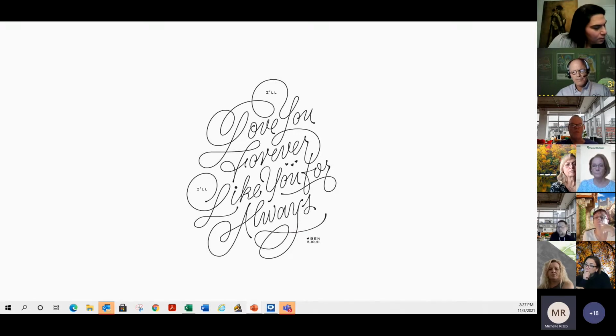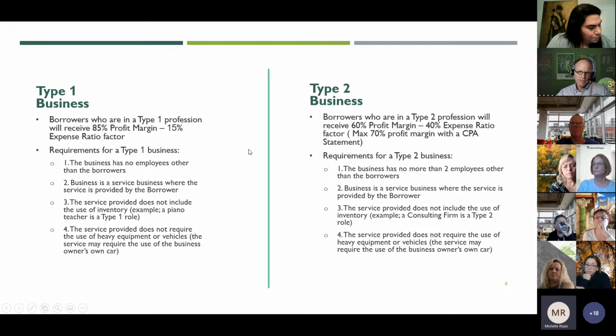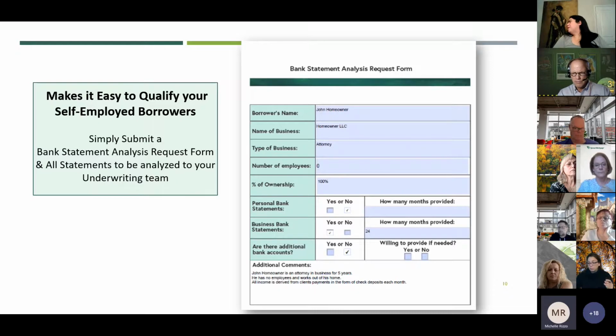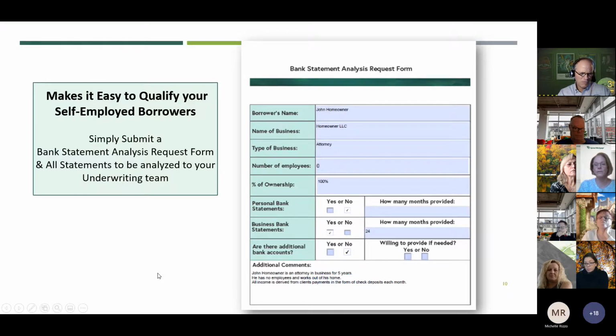Not a problem. And then what documentation do you require to verify number of employees or type? We usually ask for a CPA or tax preparer letter that states, first of all, that they are self-employed, how many employees they have, and how long they've been self-employed. That's usually going to be the requirement on that. They also, we ask you to fill out this form, and Michelle, also we need to verify their percentage of